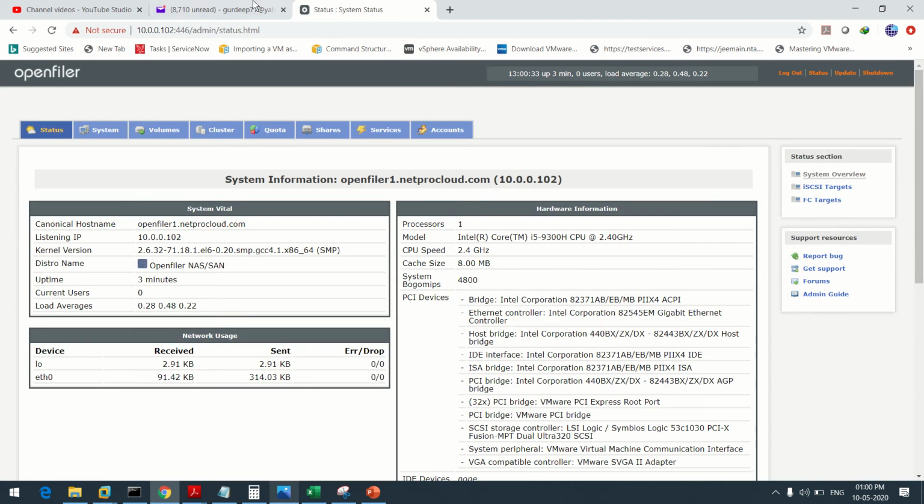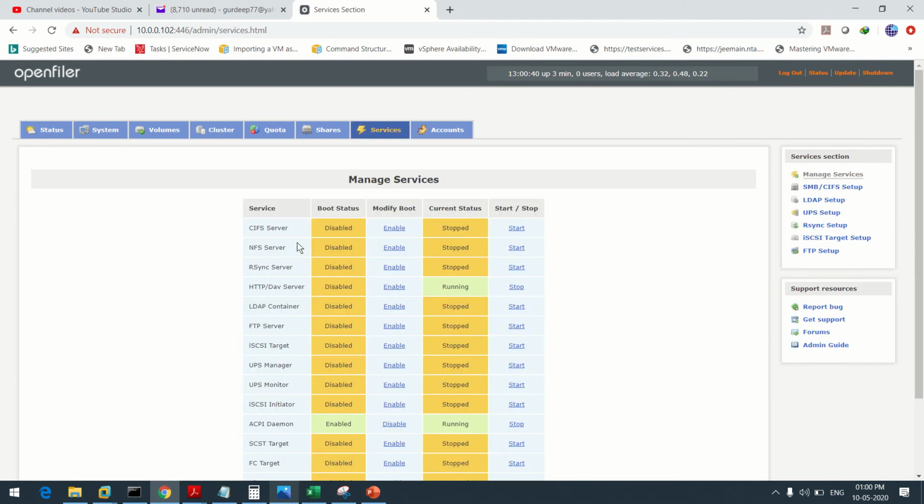Now it's working. Now go to services. Here we have to start some services like iSCSI target, enable it and start it. iSCSI initiator, enable it and start it. Enable it. Now it's up and running.